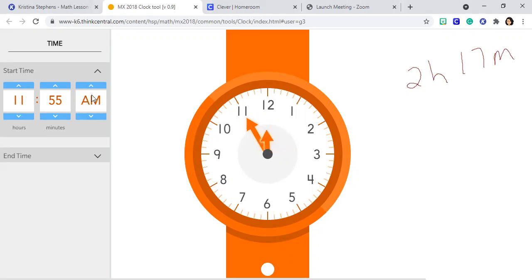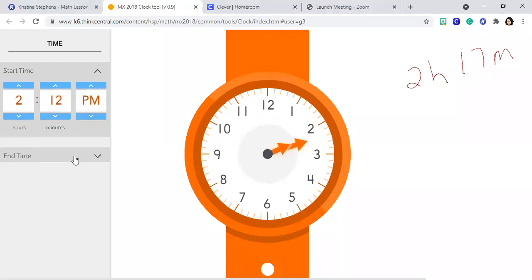Let's do it again. So right now it's a.m. Now it's p.m. And the hour has changed from 11 a.m. to 1 p.m. So we've gotten our hours added to the elapsed time. Now we have to include our minutes. And we need to increase our time, go forward by 17 minutes. So you could do that by 1, 2, 3, 4, 5, 6, 7, 8, 9, 10, 11, 12, 13, 14, 15, 16, 17,